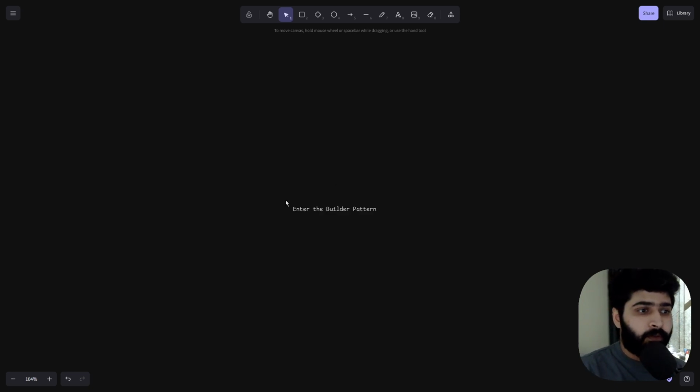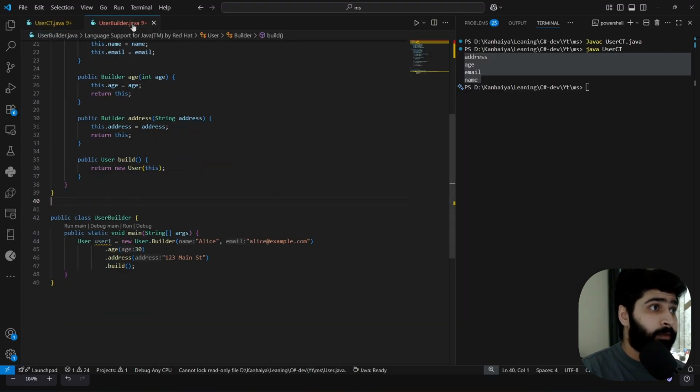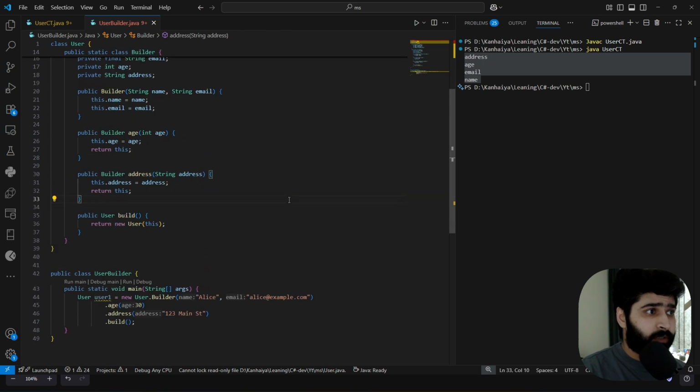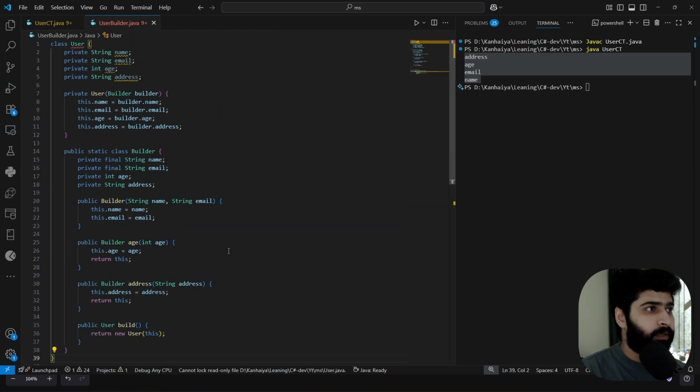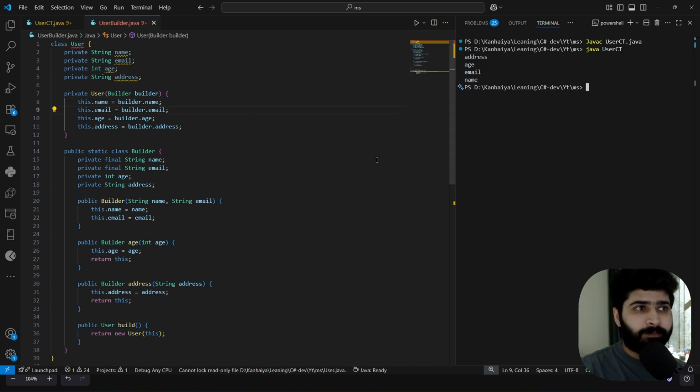So how does the builder design pattern shine here? Let me show you another example. Suppose this is another class, with the same main. Let me start here. Inside the builder pattern, we define all the fields. Again, this example is in Java, so don't ask why Java and why not C sharp. It's similar, you can do that.